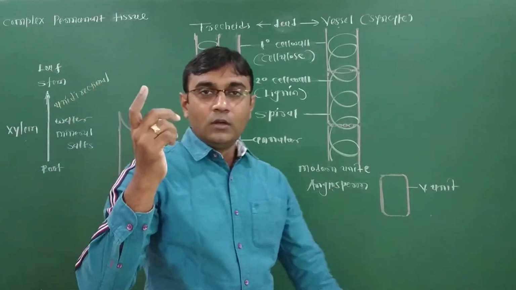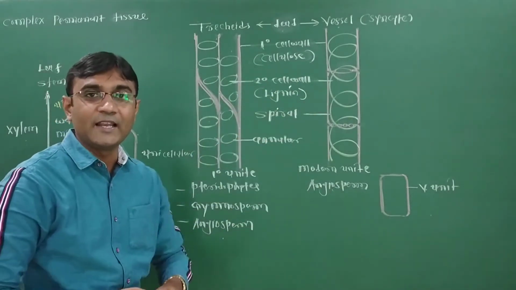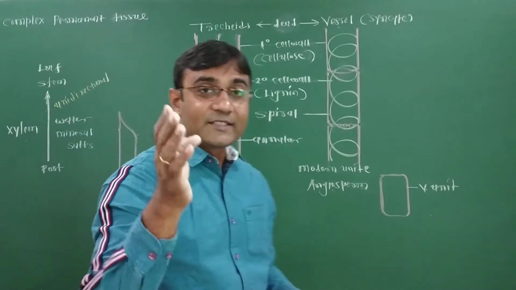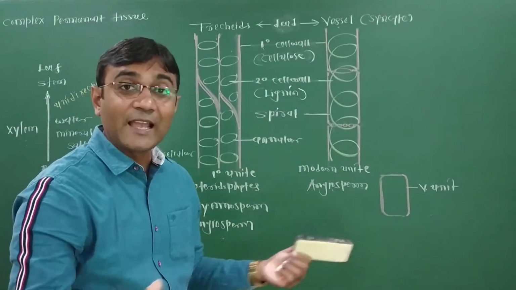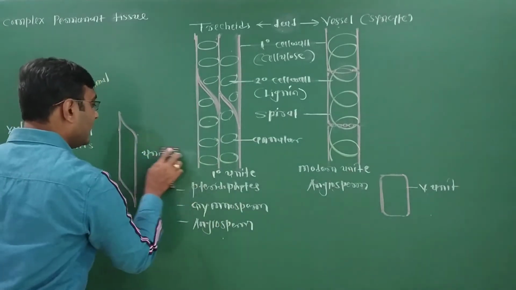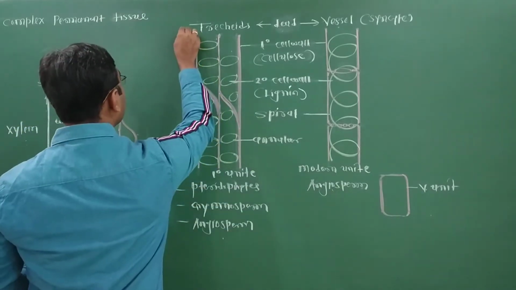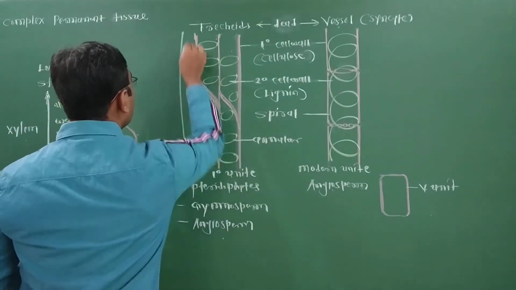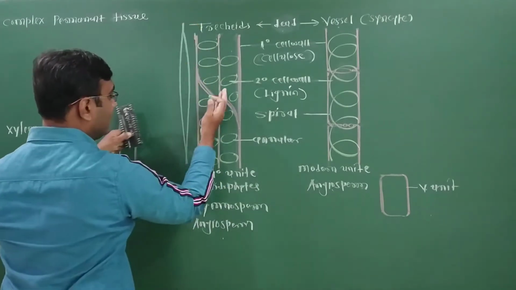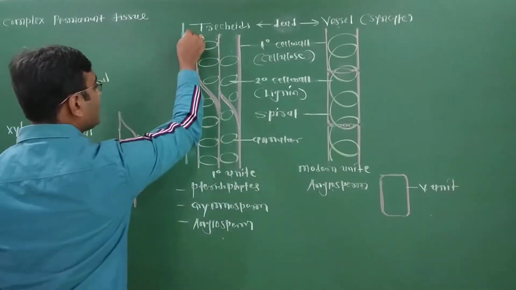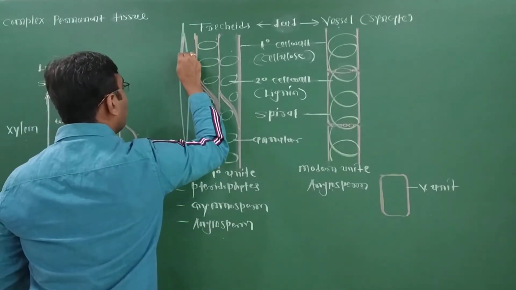Now, a parenchyma cell associated with both is called xylem parenchyma. If a sclerenchymatous fiber is associated with them, that is called xylem fiber. We are drawing the xylem fiber here. This xylem fiber is longer and fusiform, meaning both ends taper and are narrow while the middle portion is slightly wider.